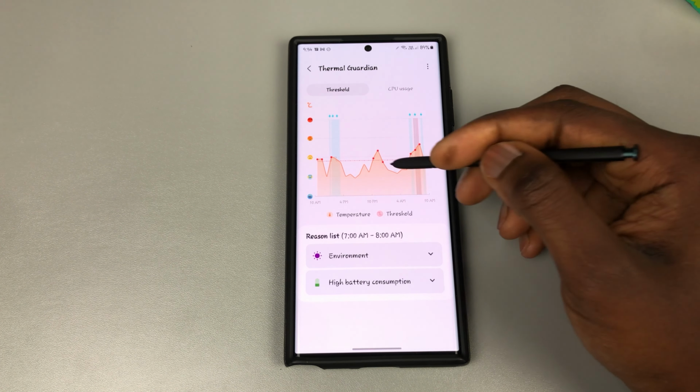And if I was to click on this, it says drag the slider to control thermal threshold. If you choose a lower threshold, your device can prevent overheating and protect the device from heat. If you choose a higher threshold, your device can keep performance to higher temperature, but please take notice device temperature can increase. If we were to come here, what you've got here is CPU usage, and this graph